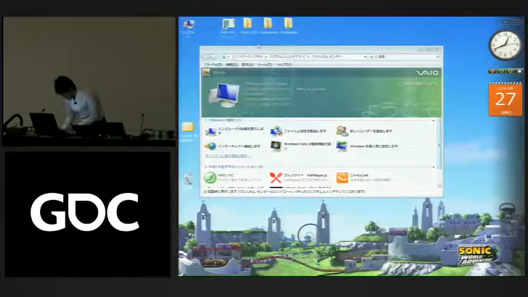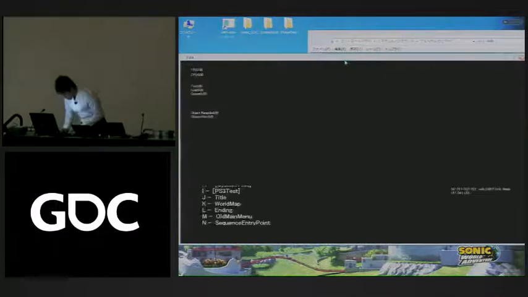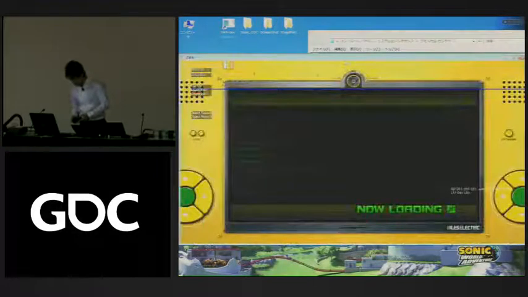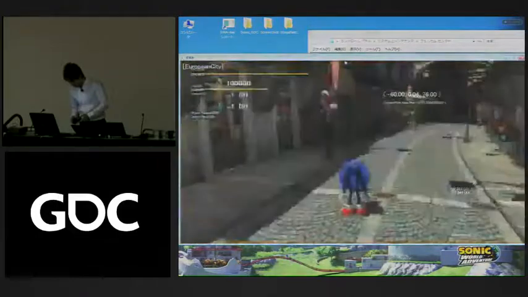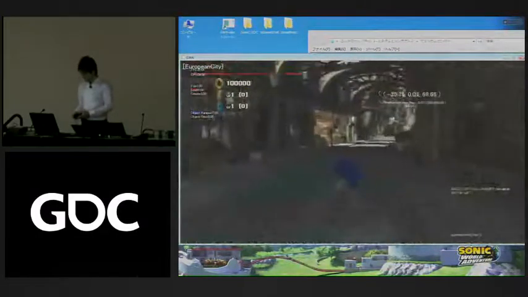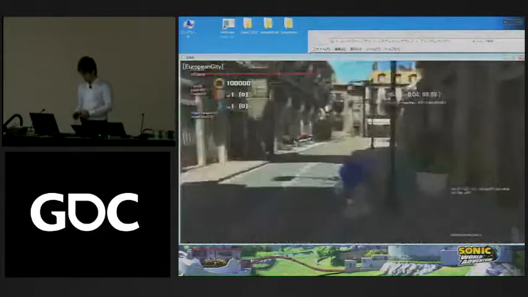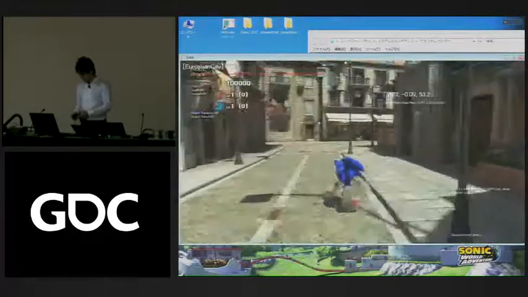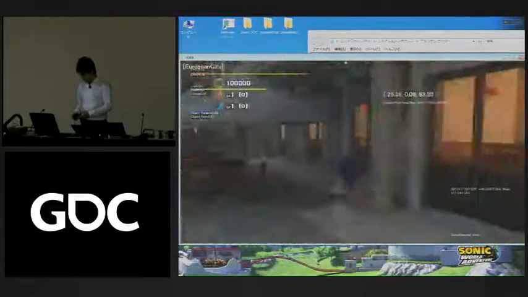Uh-oh, I'm sorry about that. It seems like there's a problem with the debugging tool, so I'll reboot it. I think this probably is a good spot for that. Okay, now here,